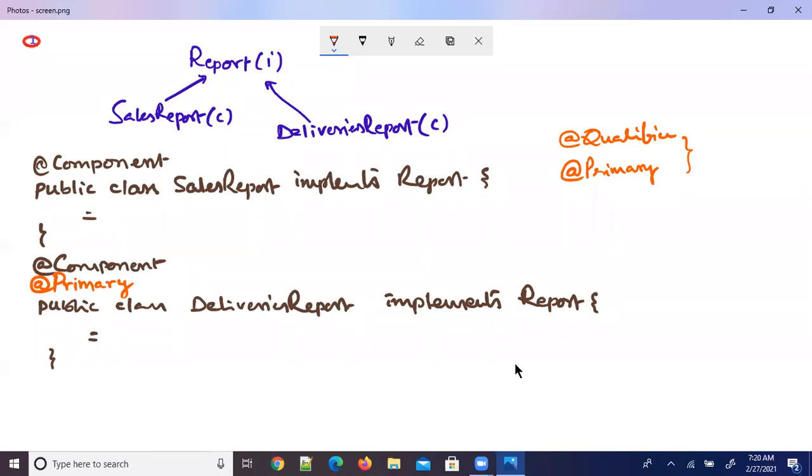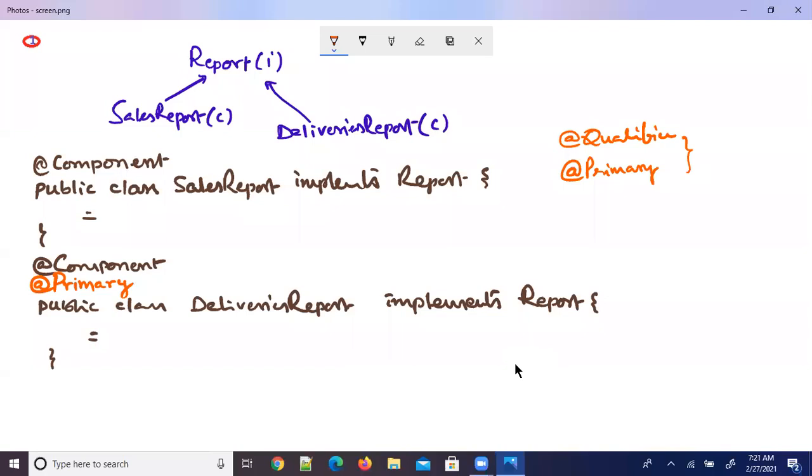Field injection means whenever a bean is created, automatically the fields get injected. Like setter injection and constructor injection, we have field injection. That is, of course, in annotations only. When you have XML configurations, we have constructor injection, setter injection, and two other injections which we use rarely: lookup method injection and interface injection. Mostly we use the two types, constructor and setter.